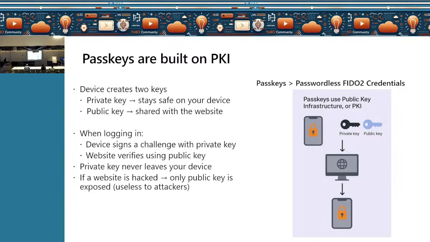So first of all, let's try to understand how passkeys are built. Whenever you initiate a passkey transaction, it uses PKI. This means your device creates two keys, a private key and a public key. Now, I'm going to explain this in more detail in the upcoming slides, but just to give you an overview, this private key never leaves the device, which is your authenticator, your mobile device. It would never leave the device, and it is used to unlock the authenticator through a gesture. How does that work? I'll also cover that. But the point is, private key never leaves the device, public key leaves the device.